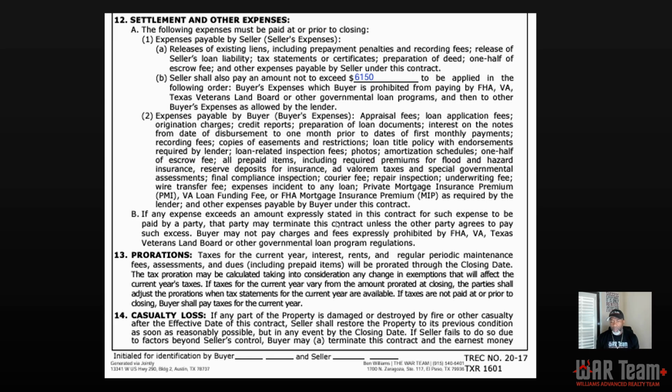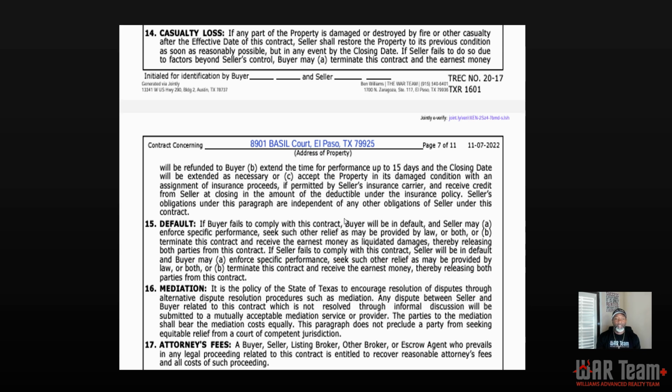Casualty loss: simply put, if something happens while you're in the contract, like a fire or some type of catastrophic loss to the property, the seller can restore. They have until the closing date to restore, and if they don't restore it by the closing date, the buyer can terminate and get their earnest money back. Okay, that's section 14.